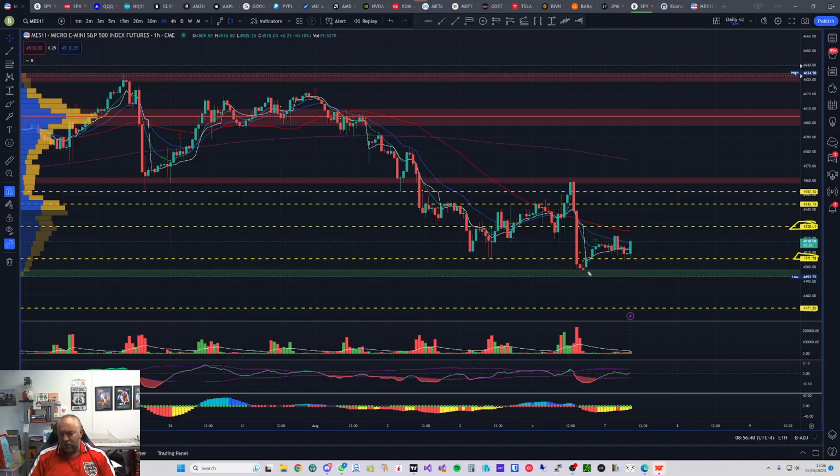A lower risk or higher probability play will be this bounce off the 45.00, which is what we had on Friday. That's what I'm really watching for. And then if we are pushing up and we do get above this 50 moving average, and technically the hourly may be changing trend,